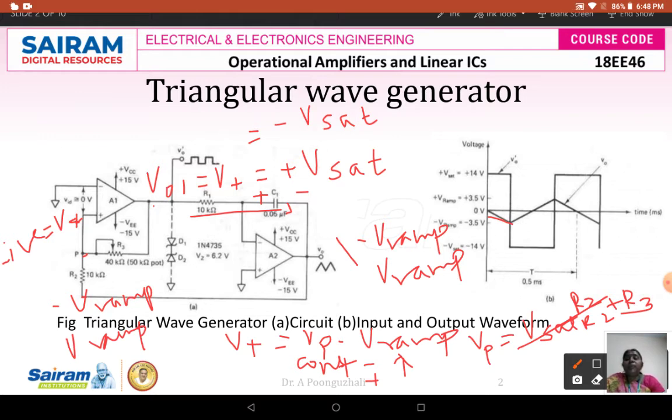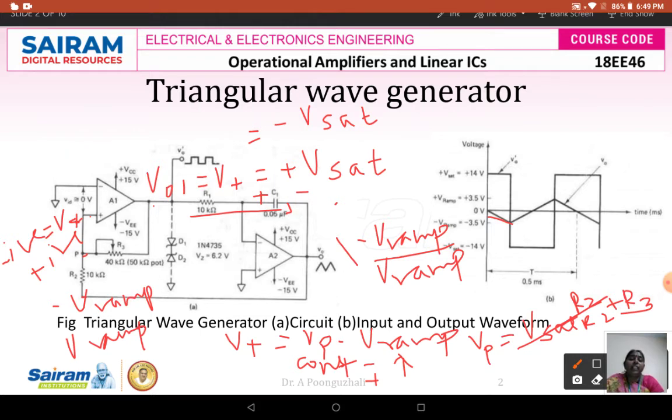So when it is going to be positive voltage, my voltage at the non-inverting terminal becomes positive. When this becomes positive, my output becomes plus Vsat. When my output becomes plus Vsat, the output of the integrator is going to be minus Vramp. So minus Vramp is going to be given here, and this is going to be the expression there,